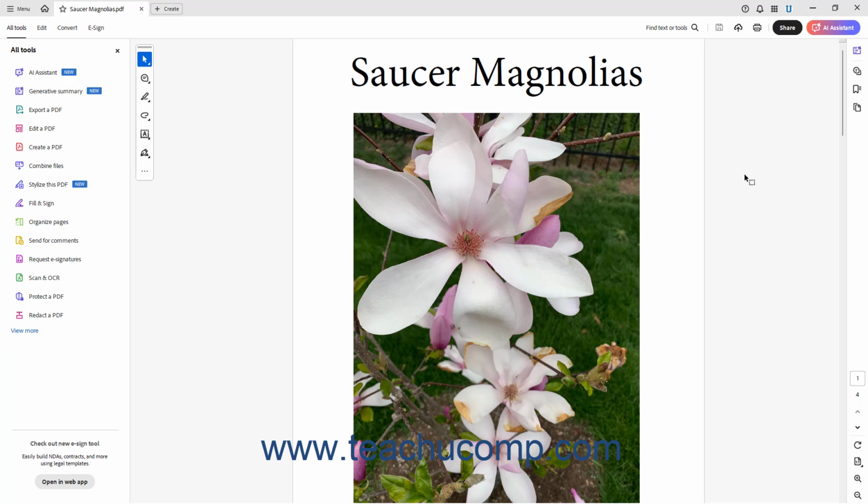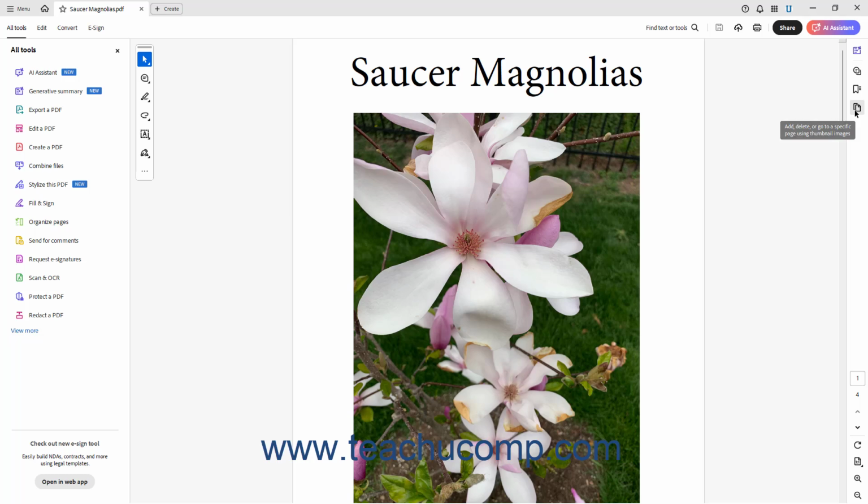By default, Acrobat automatically applies Arabic numerals to pages in a PDF document with the first page of the document as page 1. You can change the way that pages are numbered in a PDF. For example, you can omit page numbering from a title page and start page numbering from the second page in the PDF. To omit page numbering from a title page of a PDF in Acrobat, open a multi-page PDF and